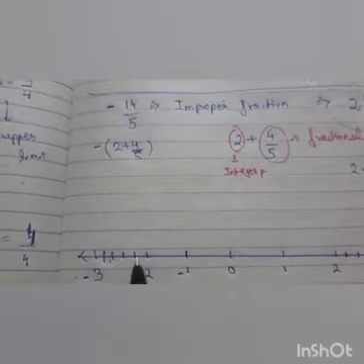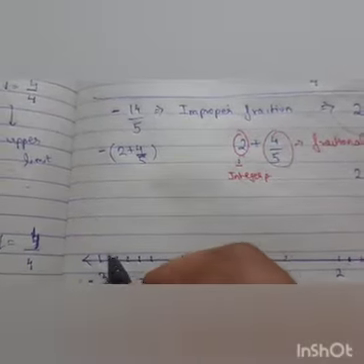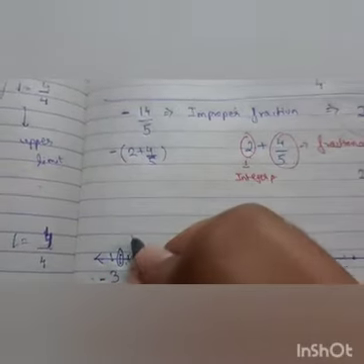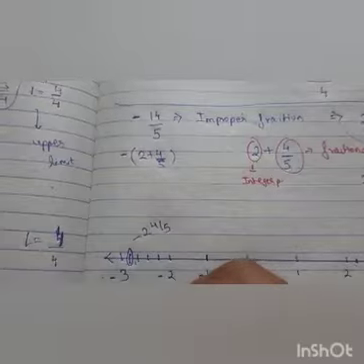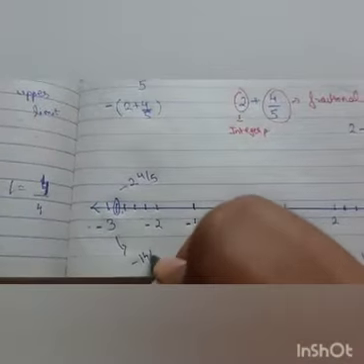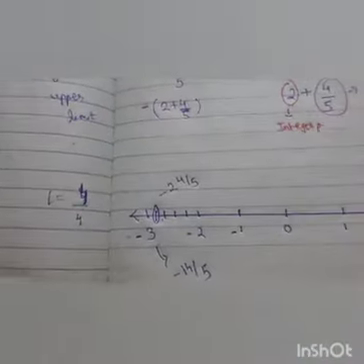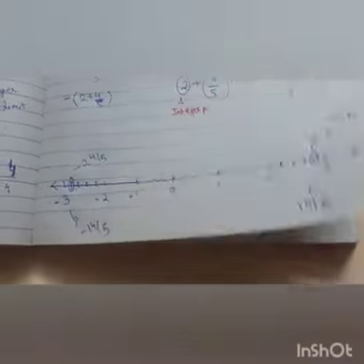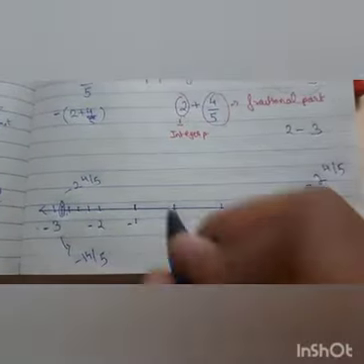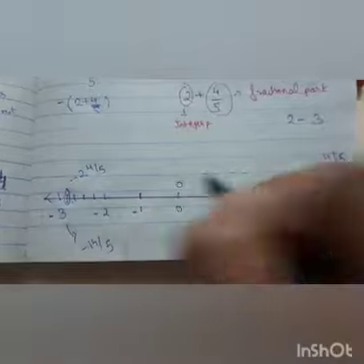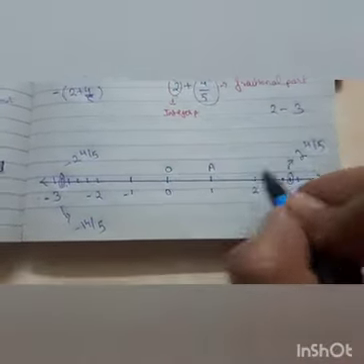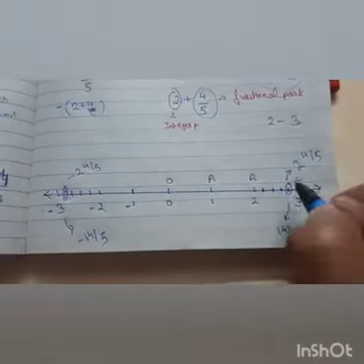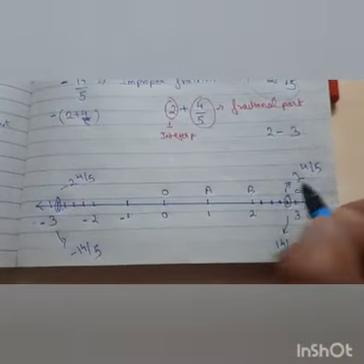What is the value on the numerator? 4. 1, 2, 3, 4. This is your required answer: -2 whole number 4/5 and -14/5. So this is how you need to plot. Now you can give names here also, like this 0 you can name here as point O. You can write here point A, point B, point C, and this, that means your answer, you can write it as P.